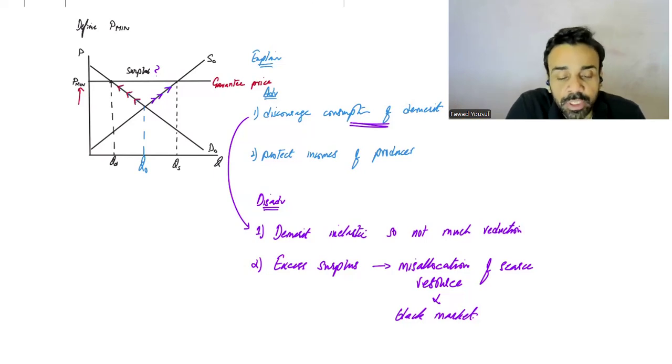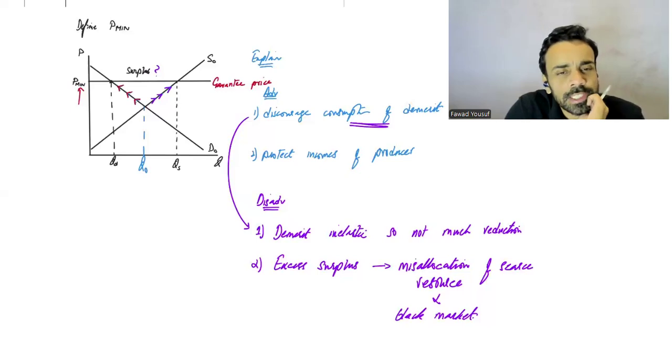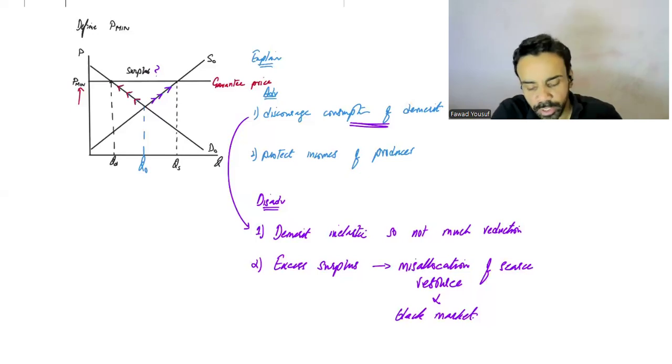So I'm just giving you the simple, basic, which everybody is going to probably think and write. So ये हमारे दो मुझे एक disadvantages नजर आ रहे हैं. एक, how it might not be so much effective in causing what we're trying to do. दूसरे केस के अंदर द होल आइडिया ऑफ एक्सेस, जिसमें मिस एलोकेशन भी हो रही है, ब्लैक मार्केट्स भी क्रिएट हो रही हैं, और फार्मर्स की इनकम जो है वो हो सकता है प्रोटेक्टेड भी नहीं हो रही हो.